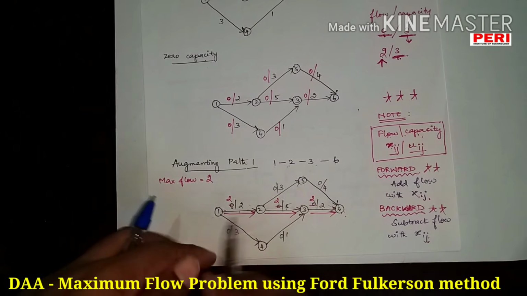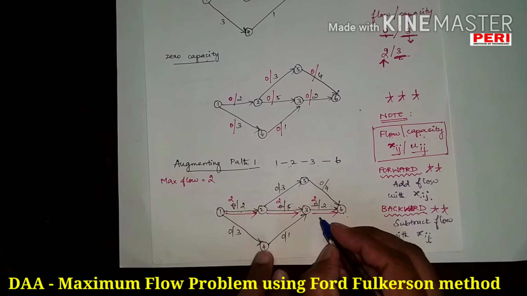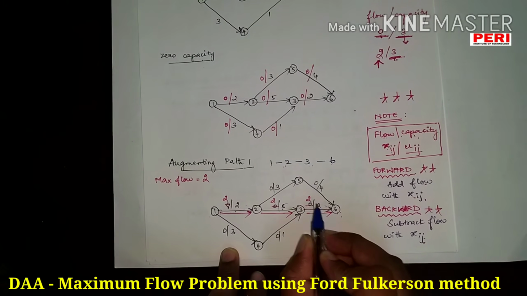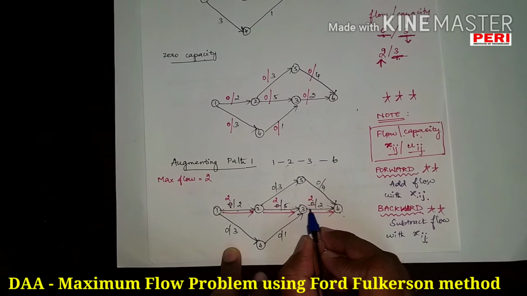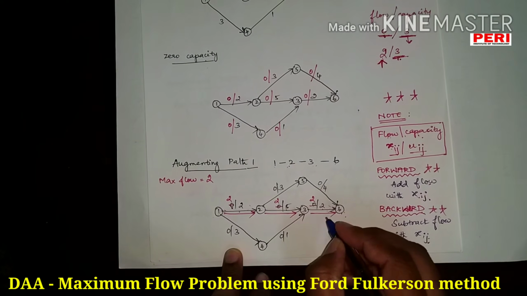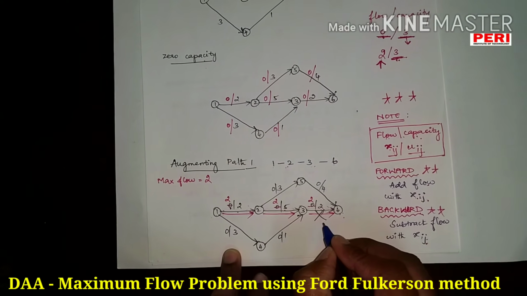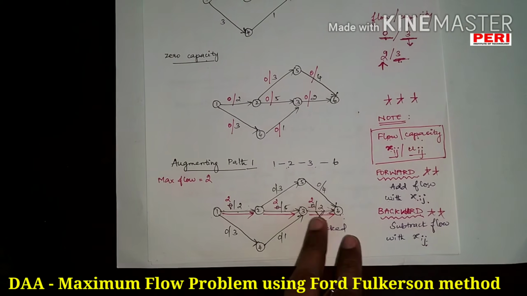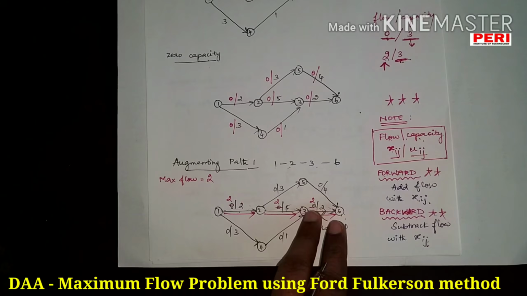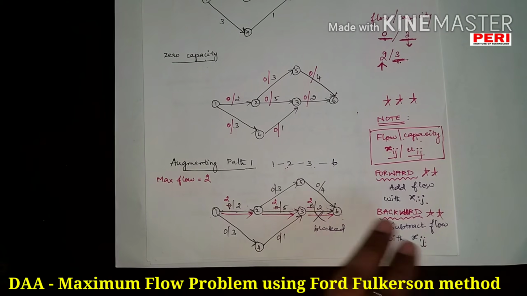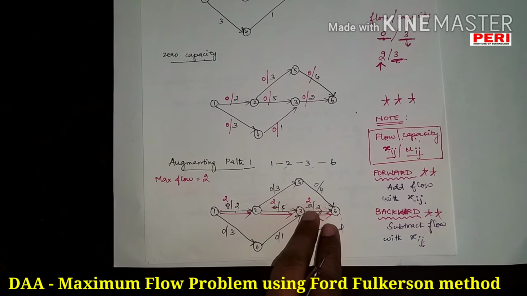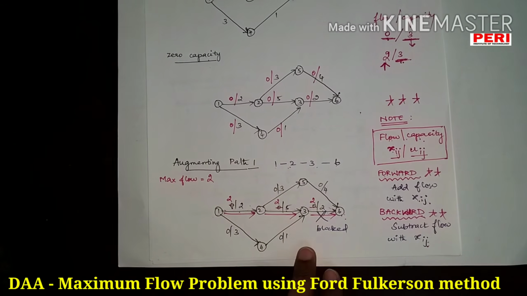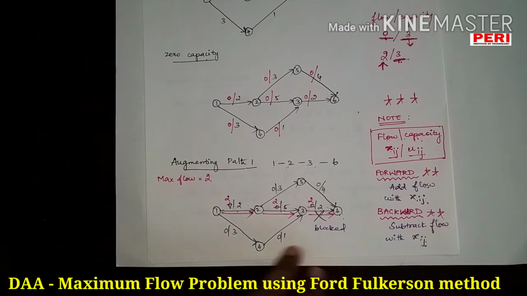Okay. Now look into the path here. It is 2 by 2. In the sense, the maximum capacity is 2. I have passed 2. Therefore, I cannot send any other items through this path anymore. Therefore, this particular path becomes blocked. Why is it 2 by 2? Initially it was 0. I just added the flow with the 0. So it becomes 2 by 2 here. If it is 2 by 2, I still cannot pass any more values over the particular path. Therefore, this path becomes blocked.